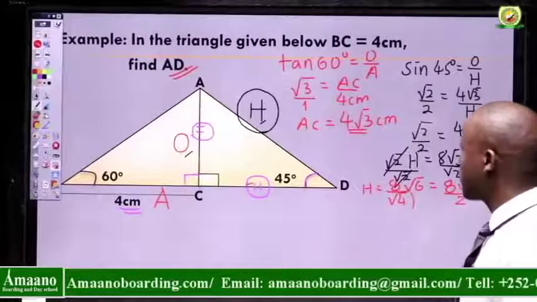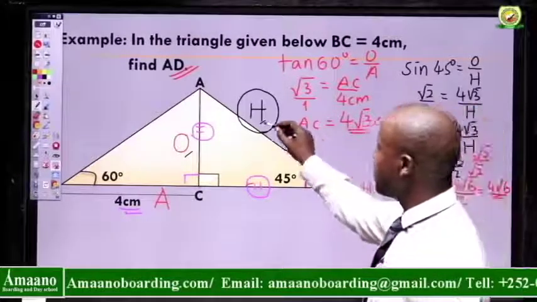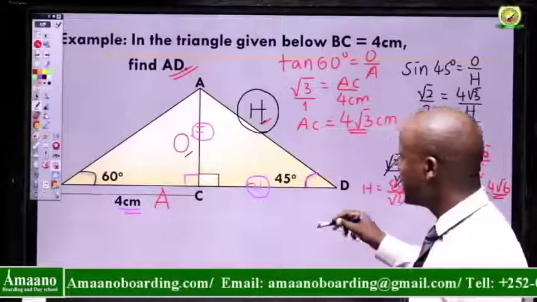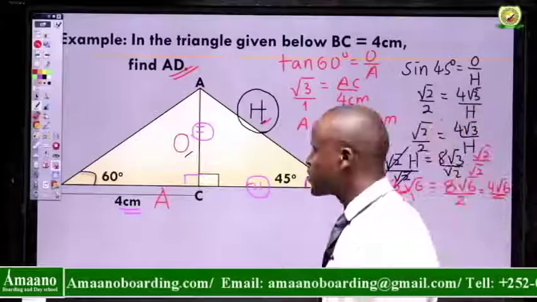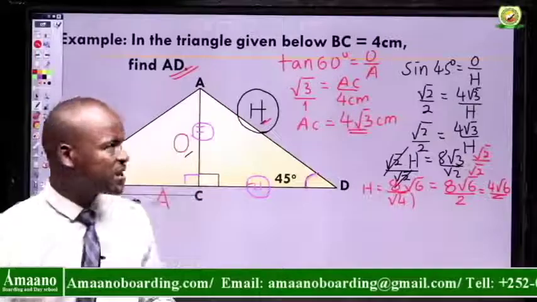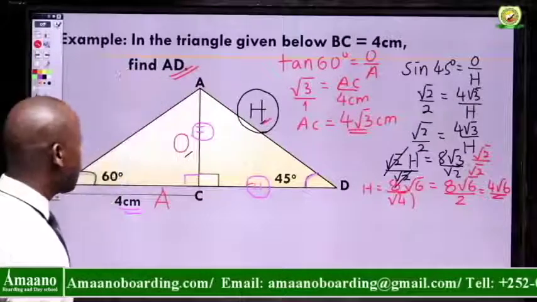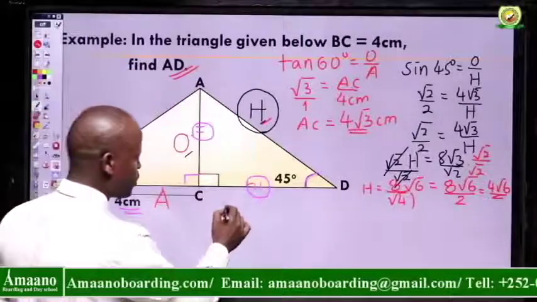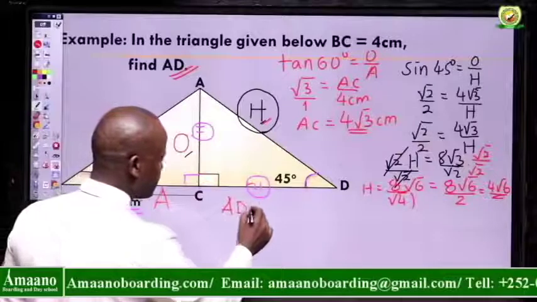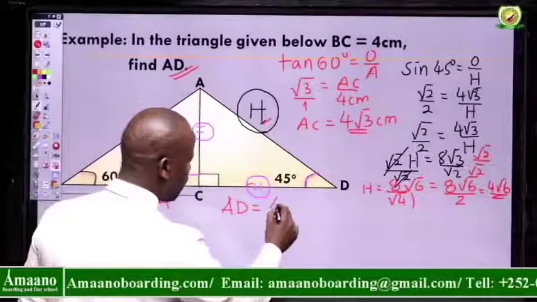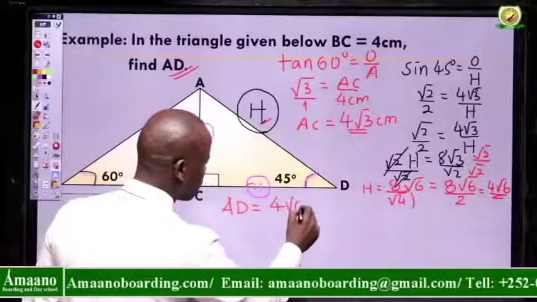This 4 times the square root of 6 is the hypotenuse for this right-angled triangle ACD. So in this example, we are asked to find the side length of AD, so AD is equal to 4 times the square root of 6